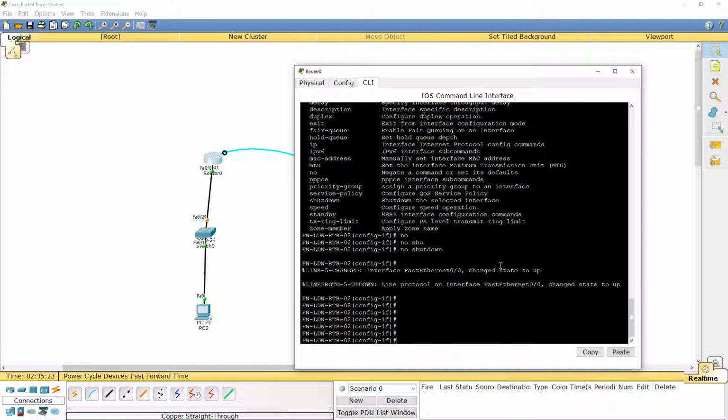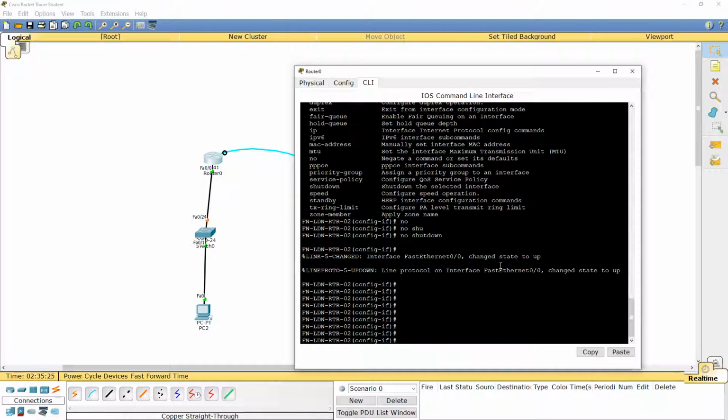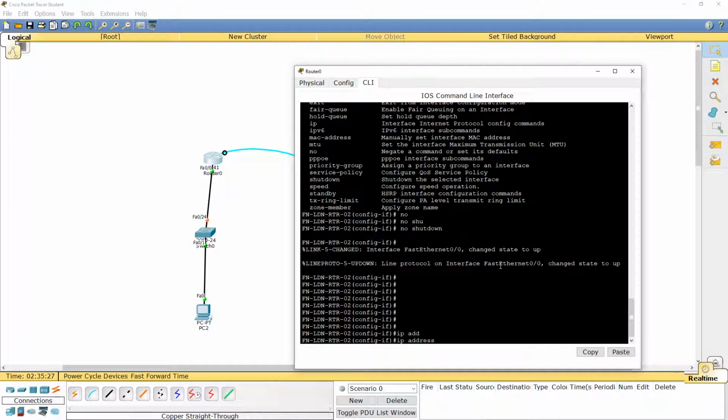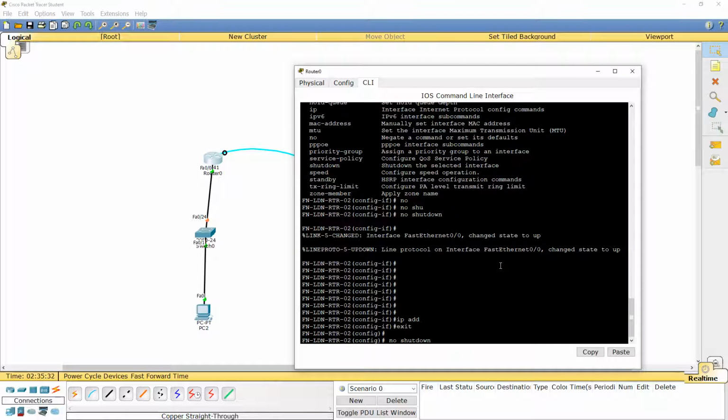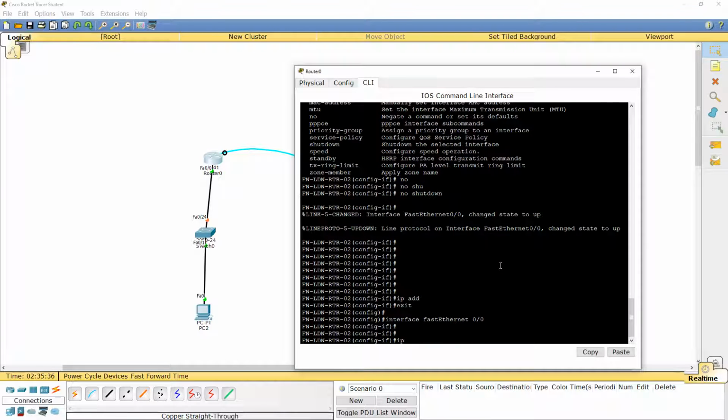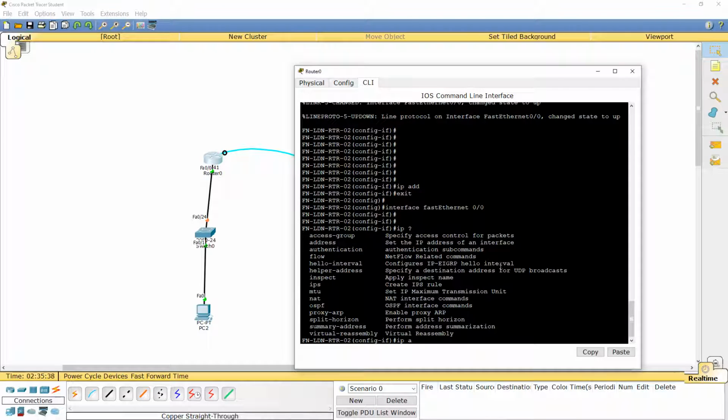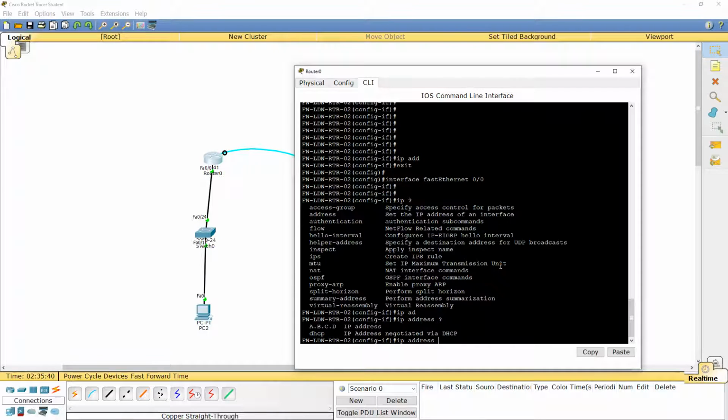So let's say I'm going to configure an IP address on the interface. First of all, I will go into the config mode. Then from the config mode, I go into the interface FastEthernet 0/0, and I'm going to assign an IP address, let's say 10.1.1.254, sorry. Enter.